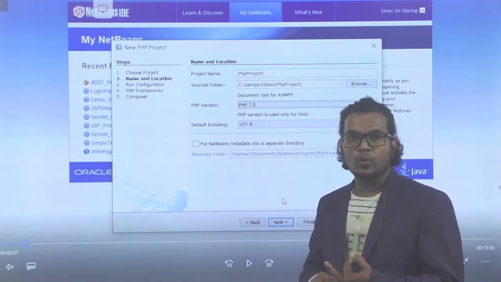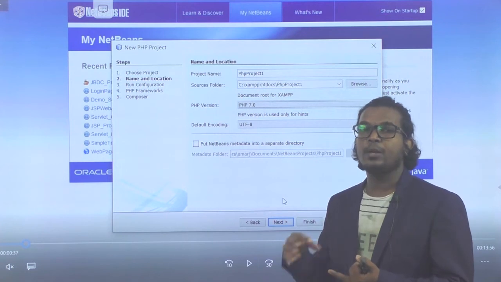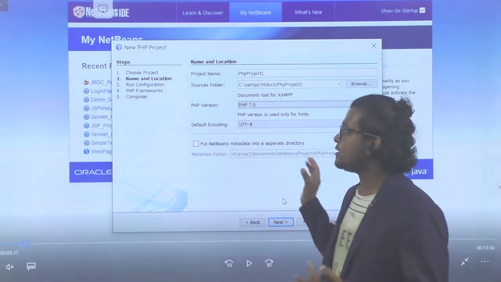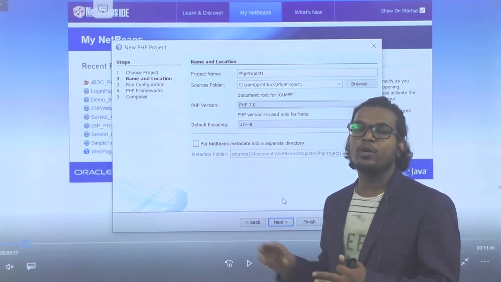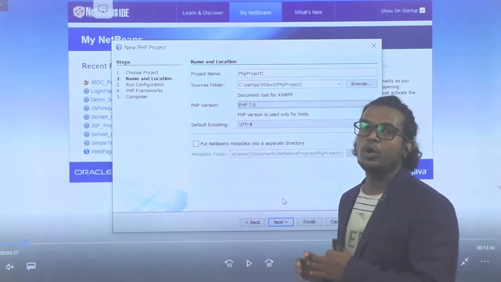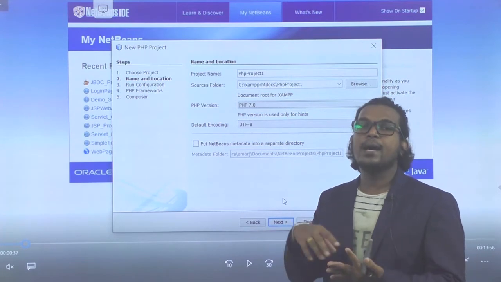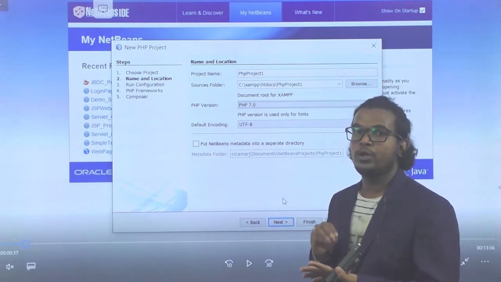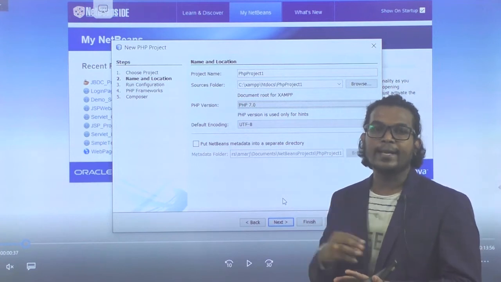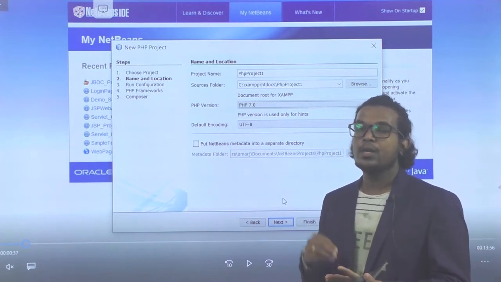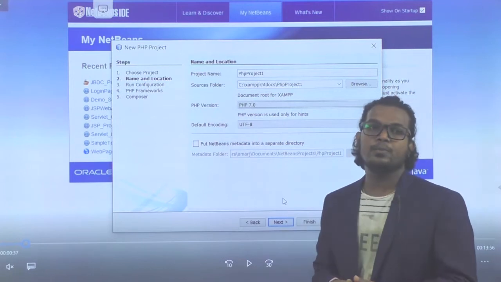Once the downloading is over, you start your Apache server in the XAMPP module. Here also we are having Apache, but this Apache is not supported. Why? Because we are not having the PHP module in this Apache server. In the XAMPP server only we are maintaining the PHP module. You have to activate that XAMPP server, then only you can run your PHP program.